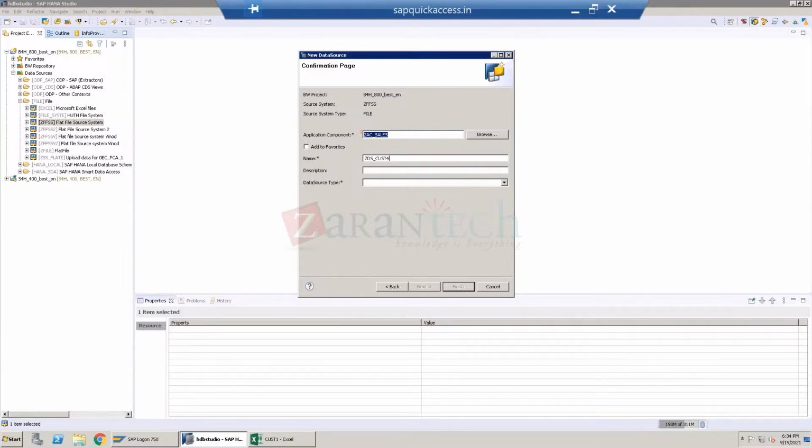That is called the name. Then there is a description. Description is more helpful for users, not for the system. So with the description, we recognize the object. Okay, I would say that, okay, this is customer data source